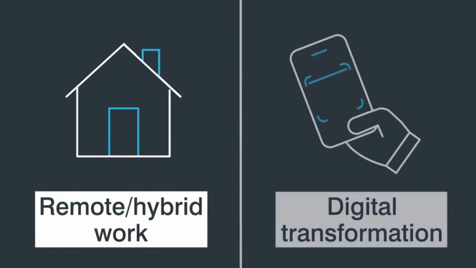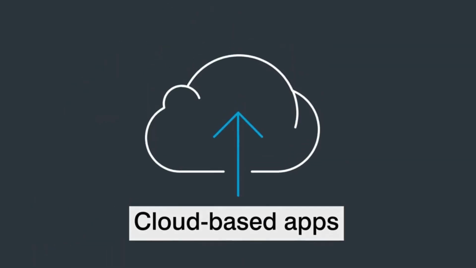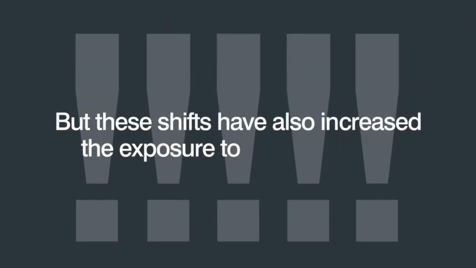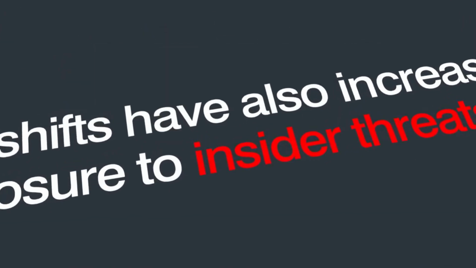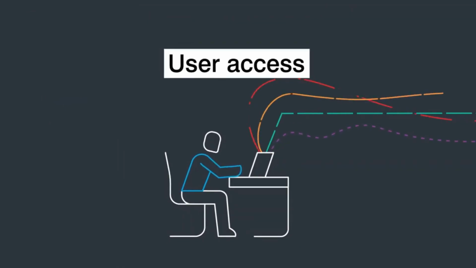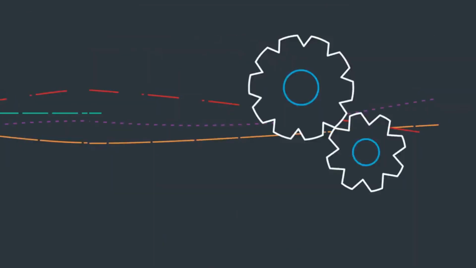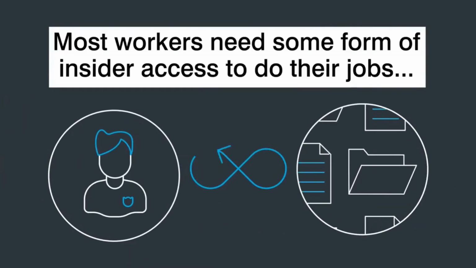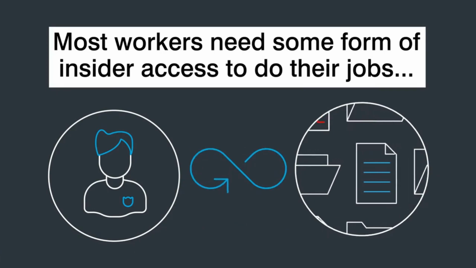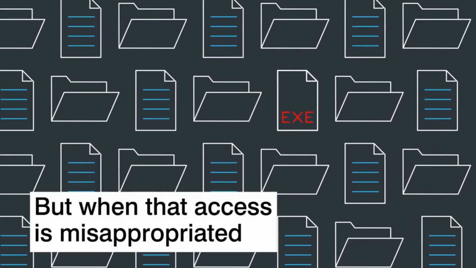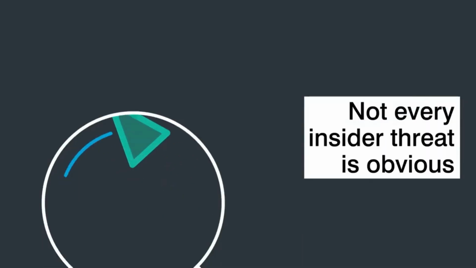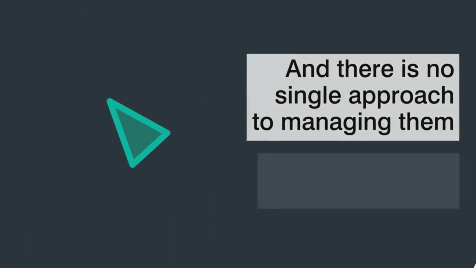Remote and hybrid work, digital transformation, cloud-based apps. They're all a critical part of how business gets done. But these shifts have also increased the potential exposure to insider threats. Insider threats are risks that stem from your users' access to critical data, systems, and other resources. Most workers need some form of insider-level access to do their jobs. But when that access is misappropriated, whether by negligence or malice, it can harm the organization in a myriad of ways. Not every insider threat is obvious, and there's no single approach to managing them, because they're not all the